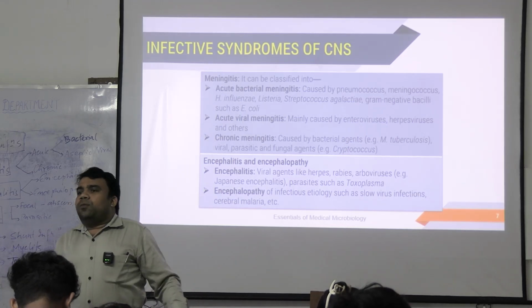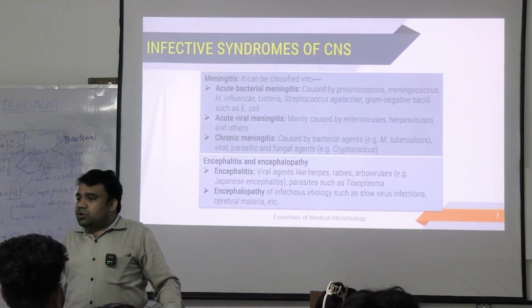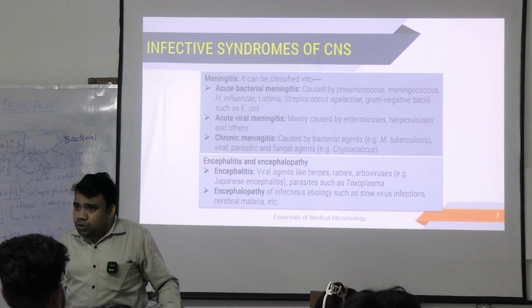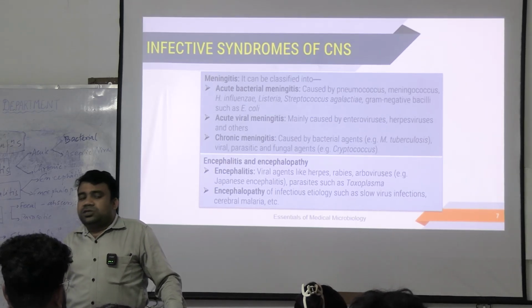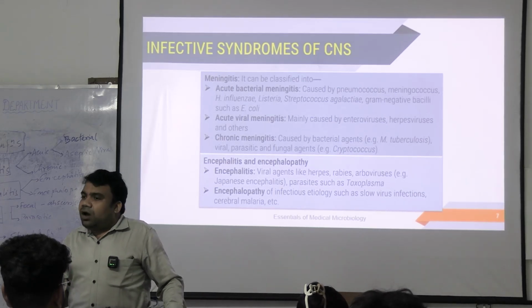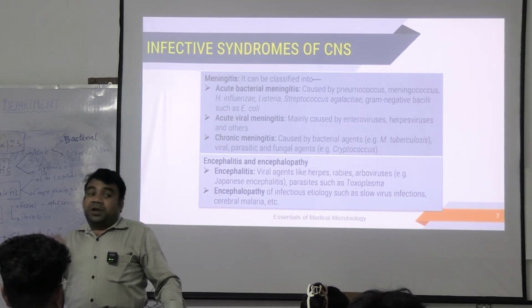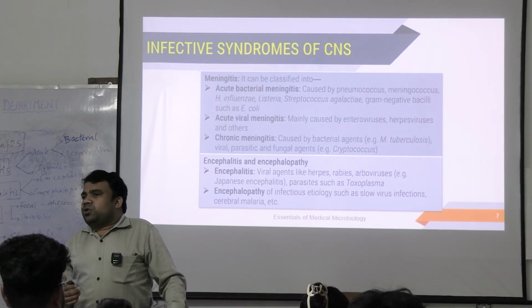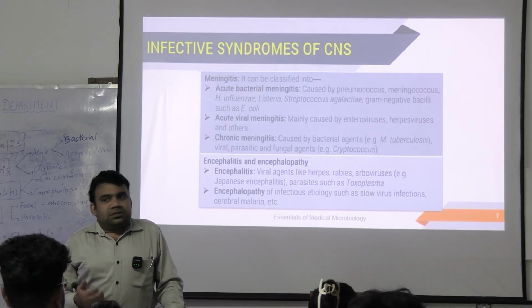The two very common types of chronic meningitis are caused by Mycobacterium tuberculosis, causing tuberculous meningitis, or, especially in immune compromised patients, fungal meningitis. The common fungal meningitis or meningoencephalitis in immune compromised patients would be caused by a fungus called Cryptococcus,